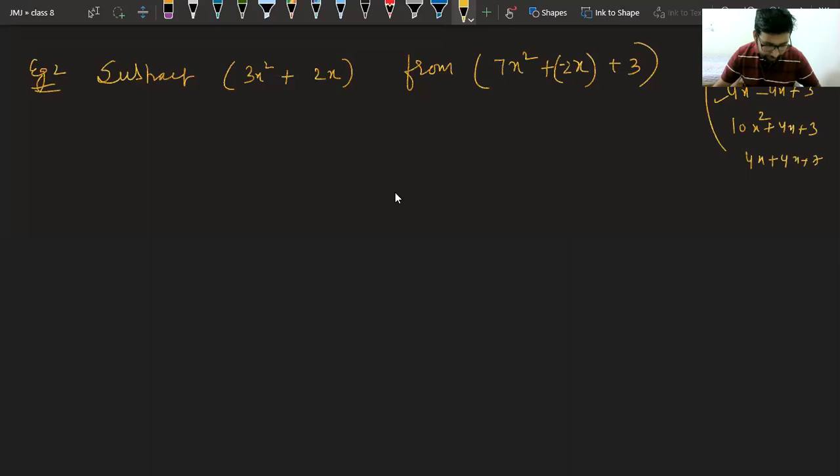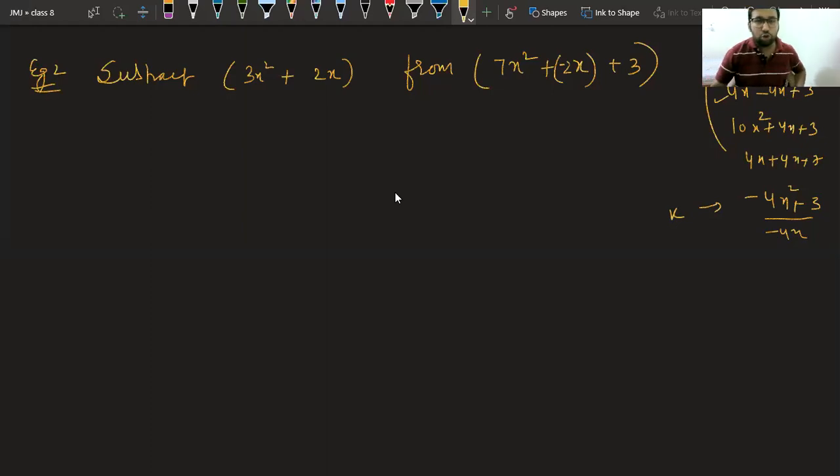Krishna is saying minus 4x square plus 3. Okay. Krishna came with a different answer this time. Minus 4x square plus 3, na Krishna? Now Shaurya is giving the same answer. 4x square minus 4x plus 3. Sarah is saying minus 4x plus 3. Okay. Now let's see.